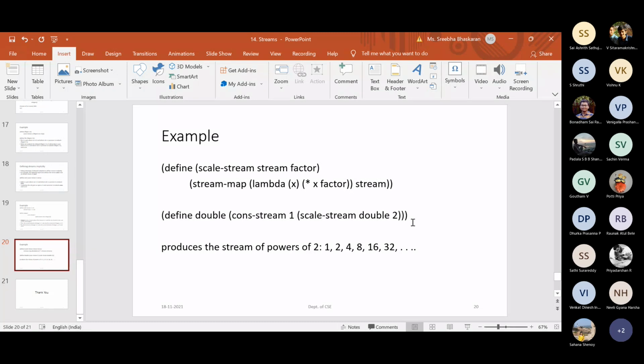Okay, ma'am. So thank you, students. If no queries, we can wind up the class. Ma'am, I have one query. Yes, Sachin. How will the question pattern be? So basically for streams, we got to know that there can be a function given and what values it will have. On the other part, how will the questions be, and can we get to know what the question paper pattern is?